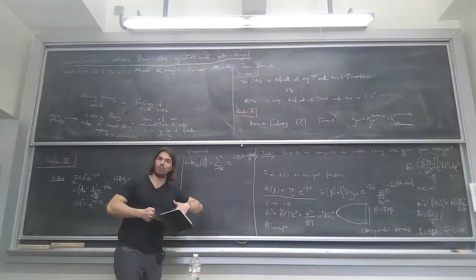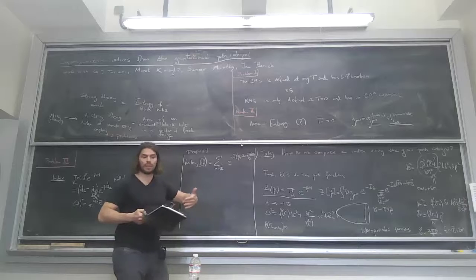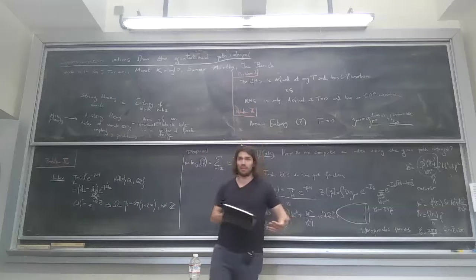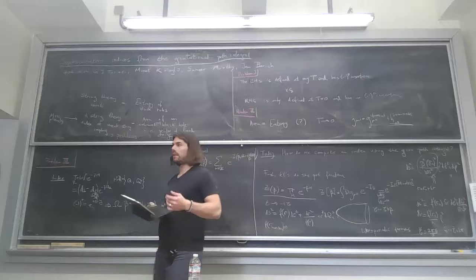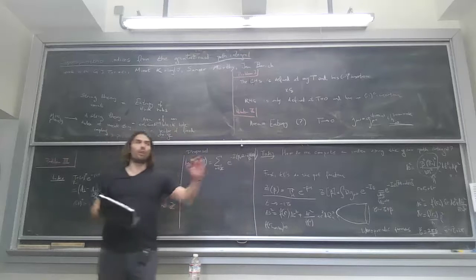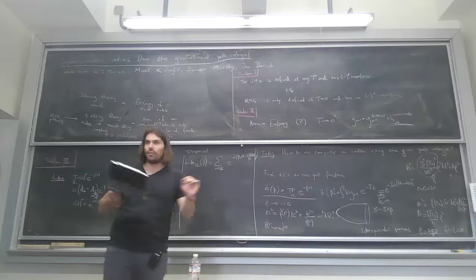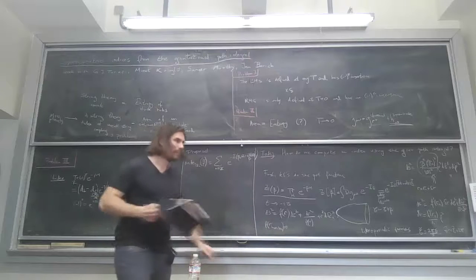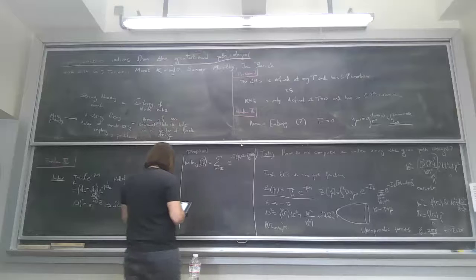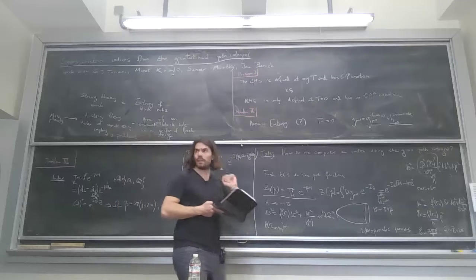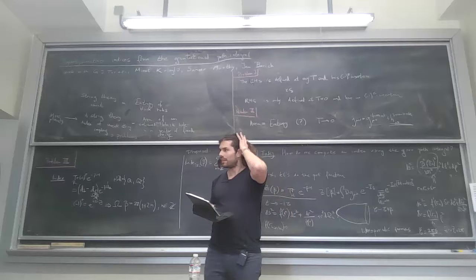Typically when we apply the saddle point approximation for an integral, we want to look at all the possible saddles. And in principle, if your integration contour passes through all of them, you have to sum the contribution of all these saddles. Okay, so that's fine. It sounds a little dangerous, right?